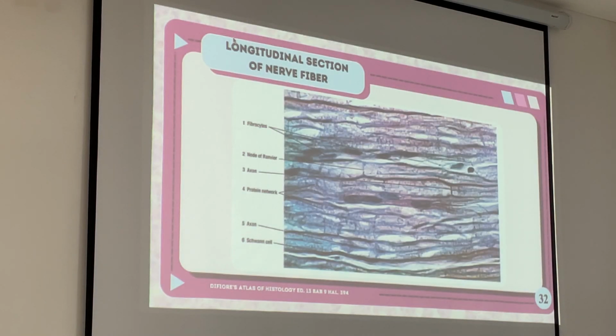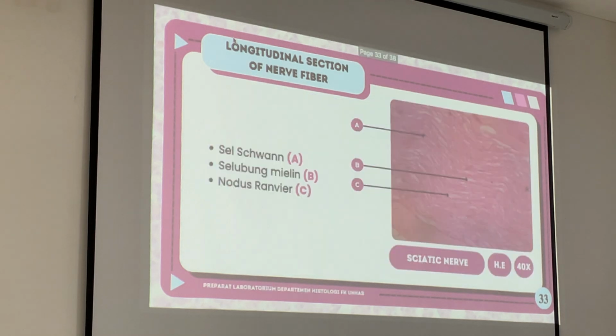Okay, in the case of nerve fiber, this is the longitudinal cut. You can see the white part is the myelin, which is like wax. That's why it looks white, because it cannot absorb the color from the HE staining. And this gap here denotes the node of Ranvier. This makes the saltatory conduction, so it makes the electrical impulse faster. And this one is the Schwann cell nucleus here. Okay, this is the longitudinal cut.